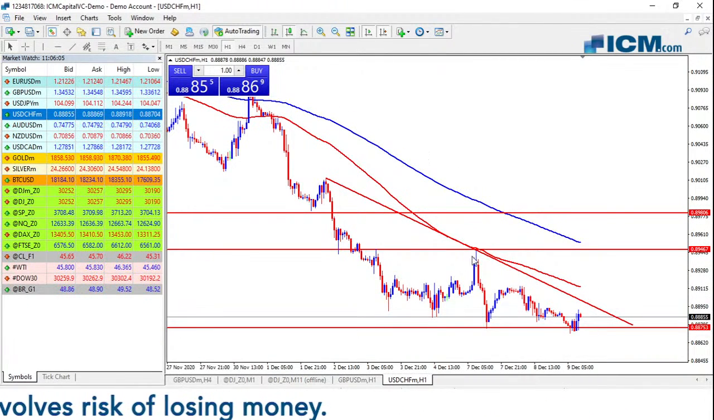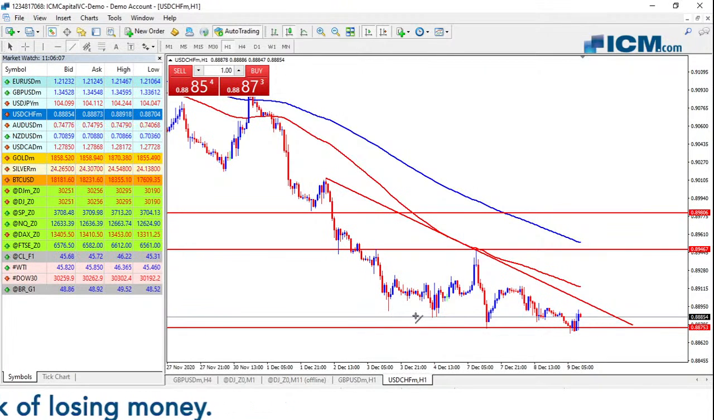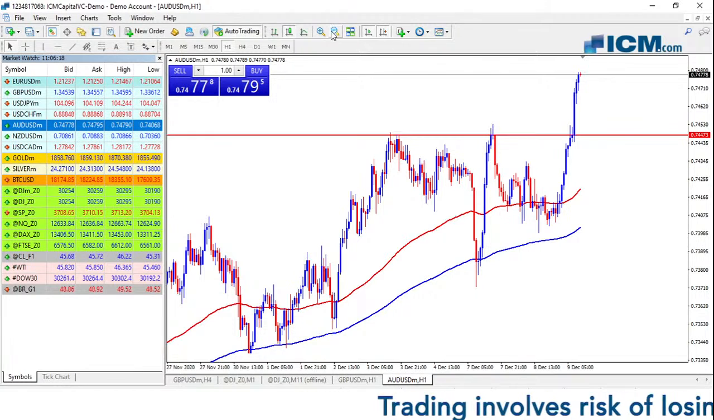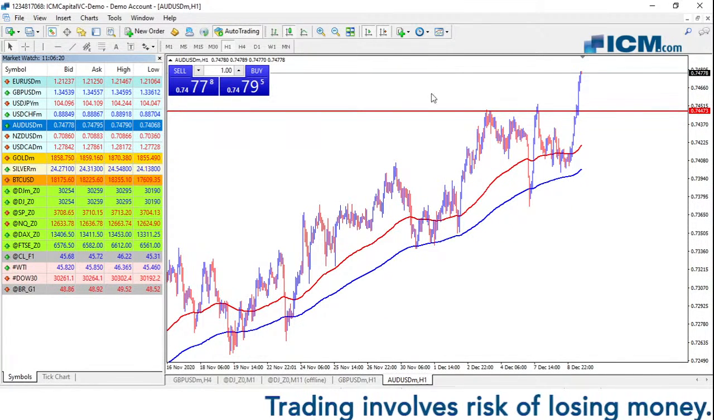If we're looking for certain continuations, you can draw a trend line combining the previous bottoms. You can see 1, 2, 3 bottoms. So maybe we could be retesting it again. It's near almost 88.60. The Australian dollar against the United States dollar managed to break above the previous high, but